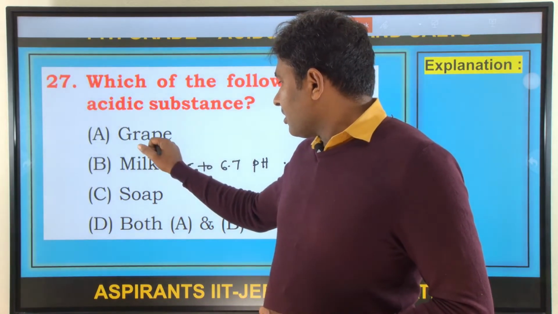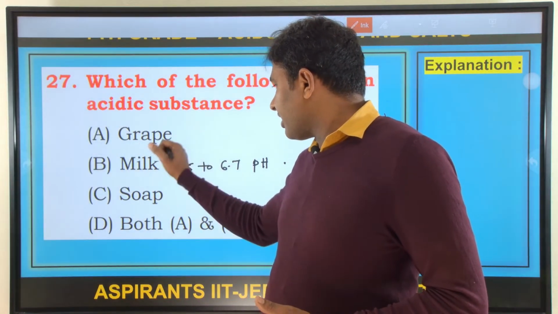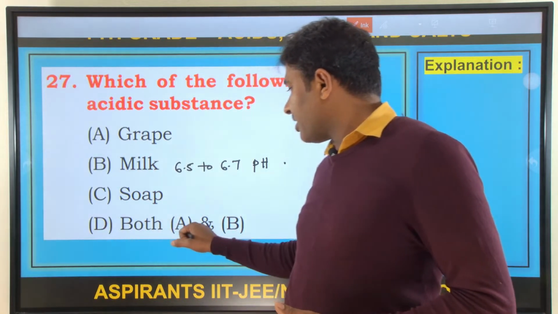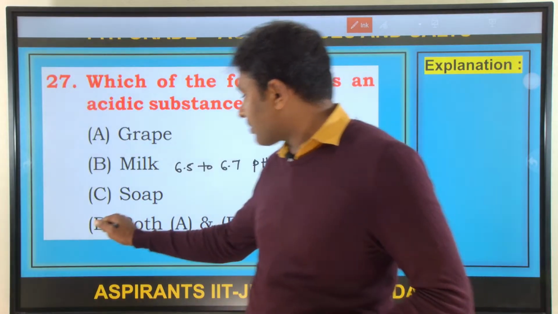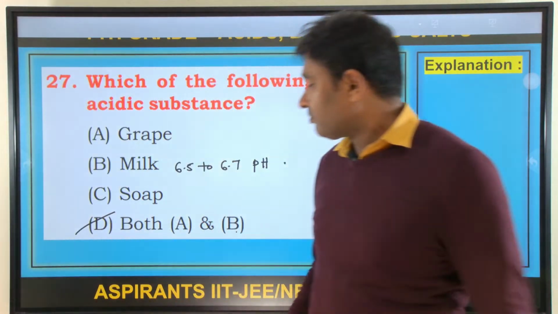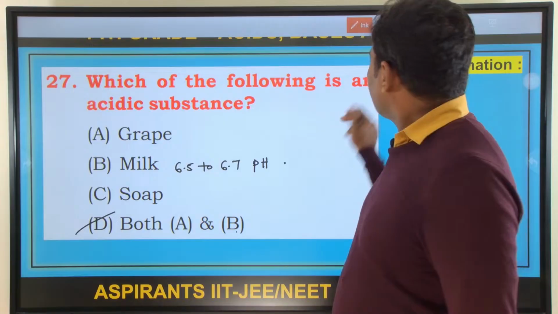Now here, grapes and milk are both acidic in nature. Then you come to option D. In option D, both A and B are correct is given. So our option is D. Okay. Now,